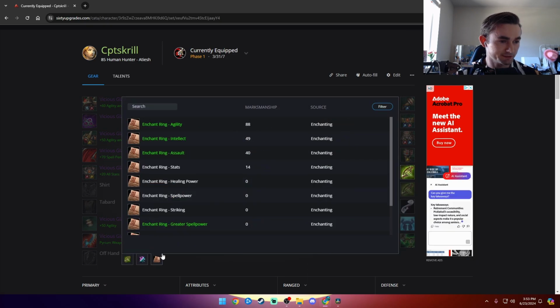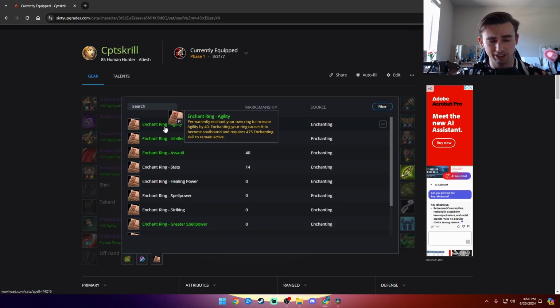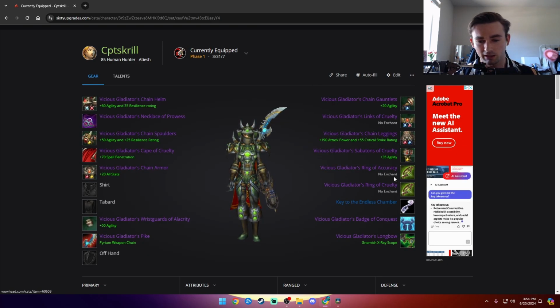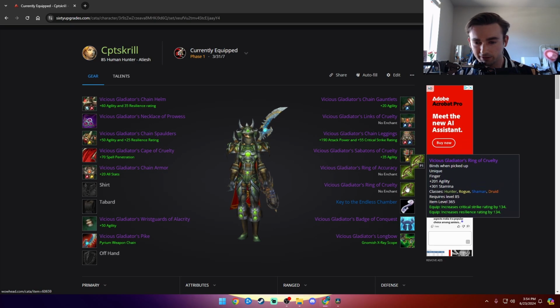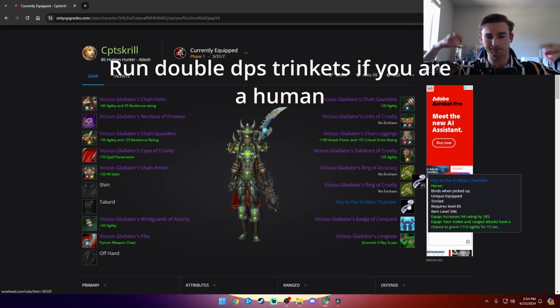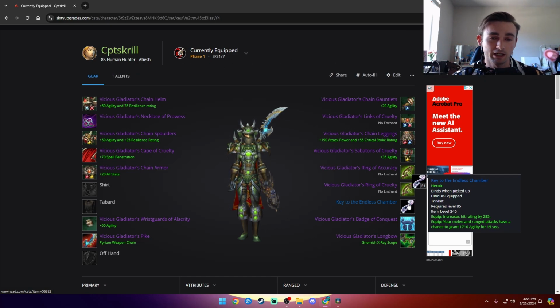And then for your rings, if you have enchanting, like 475 enchanting, you can add 40 enchant ring agility. You can add 40 agility on both your rings. And then for your best in slot rings, you have the Ring of Accuracy and the Ring of Cruelty. And then your best in slot trinket, in my opinion, is going to be the Key to the Endless Chamber,